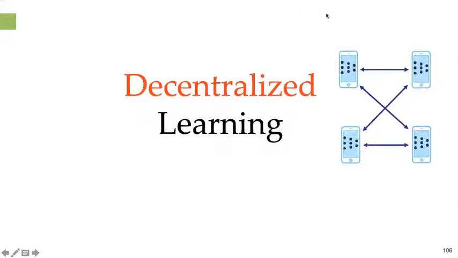Now I'm going to talk about another way of using a wireless network as a platform for machine learning, namely decentralized learning. And you may remember from what I said earlier that in decentralized learning, we don't have any kind of access point or other aggregator in the machine learning algorithm. The learning is going on only on end user devices. But they may be sharing information with one another in a peer-to-peer fashion to help the learning. And that's what I'm going to talk about now.